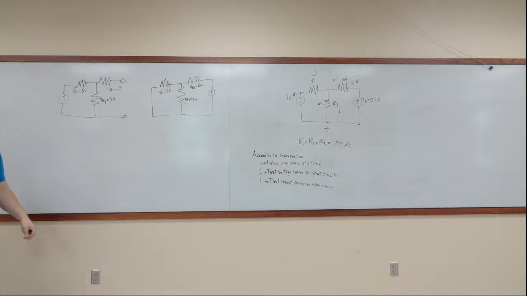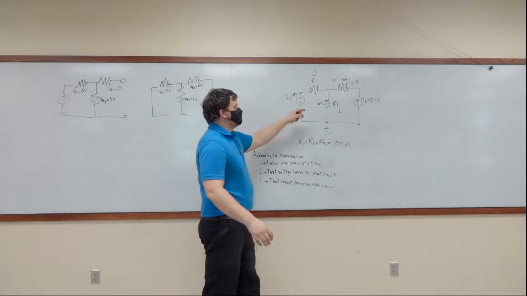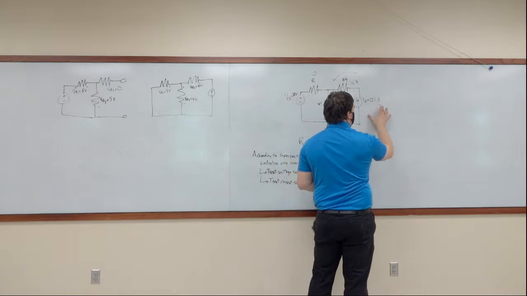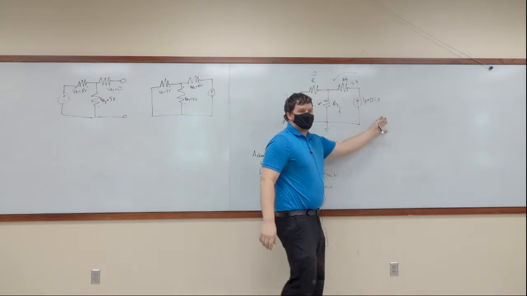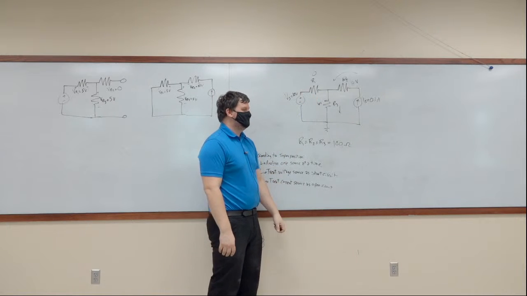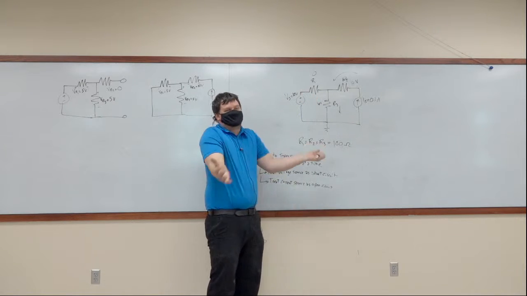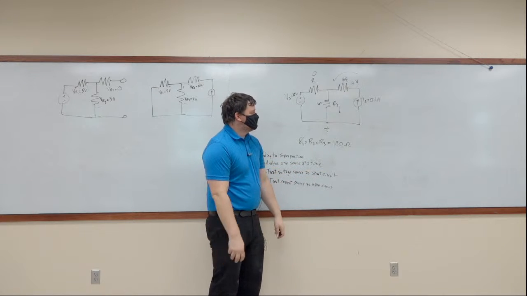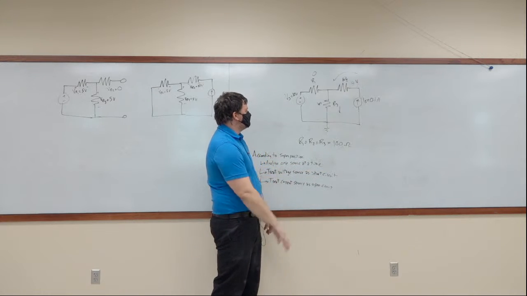By the way, this is only 0 because of the way that I set this up. Had this been 0.05 amps, there would have been a voltage at R1, but it might have been negative. Okay? So it's just the way that I set up the sources. You play around with